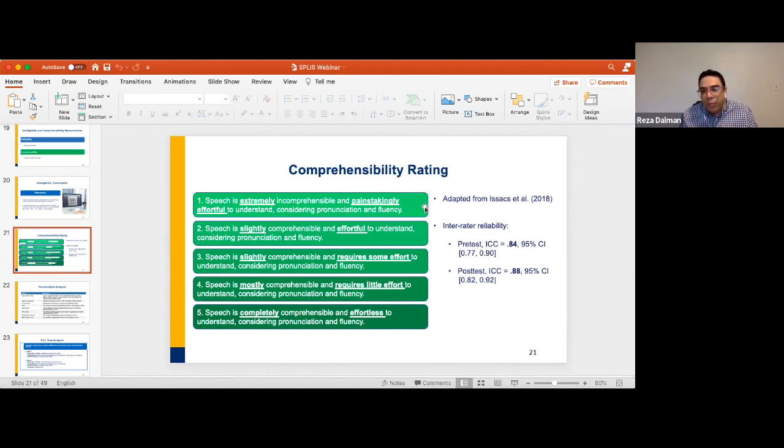And in order to make sure that the raters had a clear idea of what level 1 means, what level 2 means, what levels 3, 4, and 5 mean, I provided speech samples that represented each one of these levels. And we did some practice. For example, I played level 1. I said, this is a level 1 sample. This is speech that is slightly comprehensible, speech that requires some effort. And they listened to 5 samples for each level. And after we did all of this training, all of the raters did ratings for 20 speech samples.